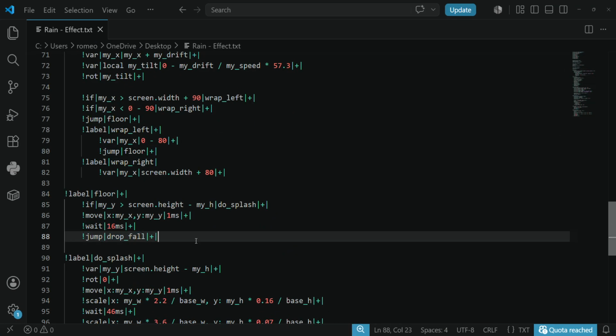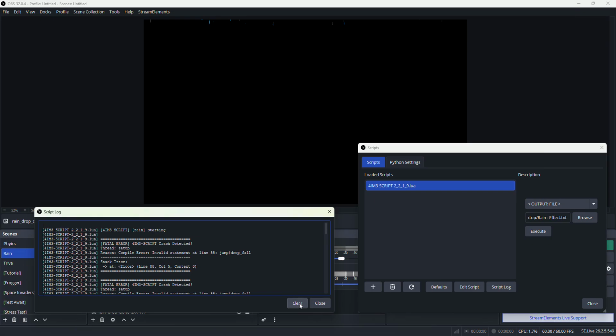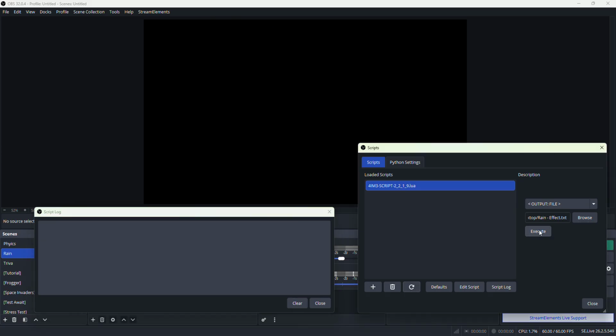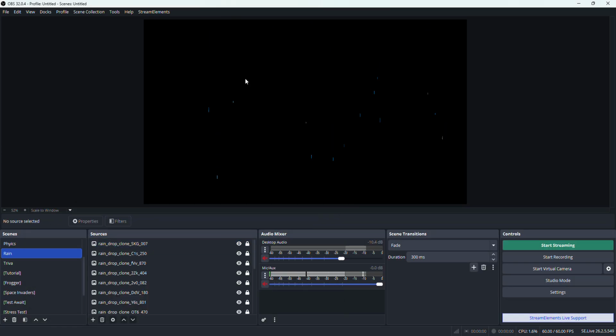So you always gotta make sure you're using the bang for this language. It starts with bang. There we go. Okay, so you can see we have our raindrop here. Animation is currently running, and it's actually really good. I like it. Nice. So that's the rain effect right there,